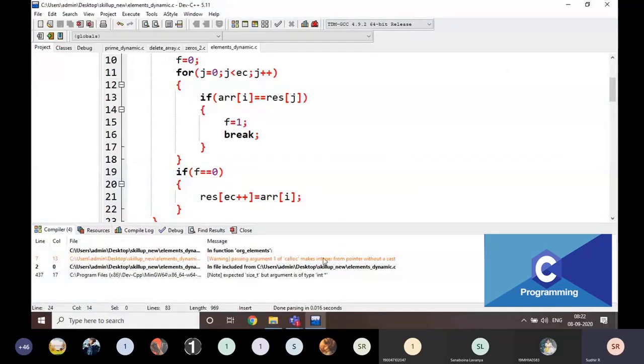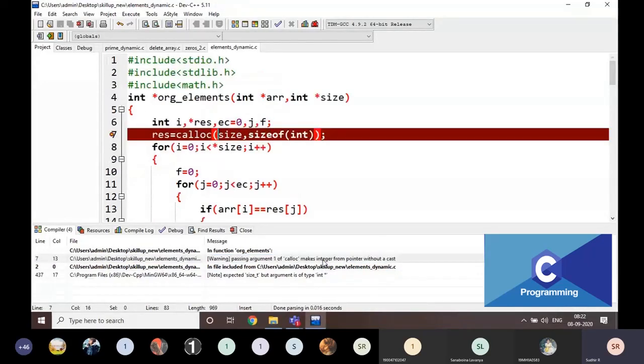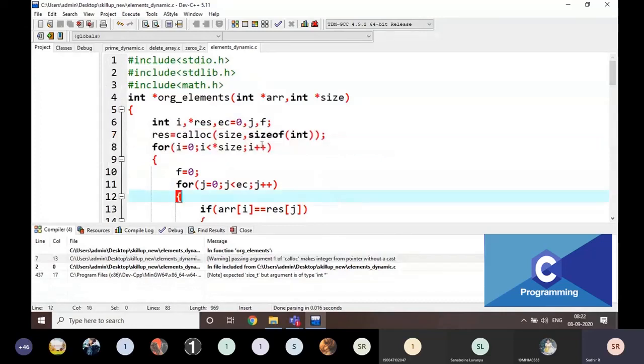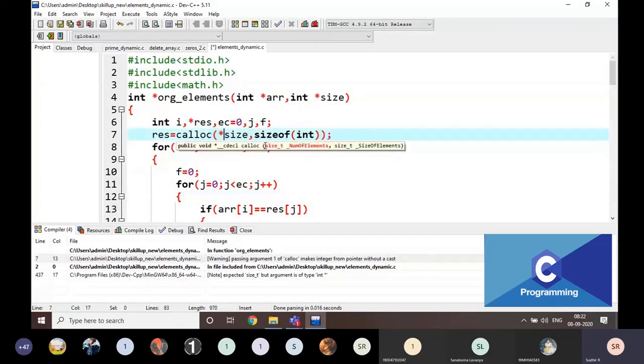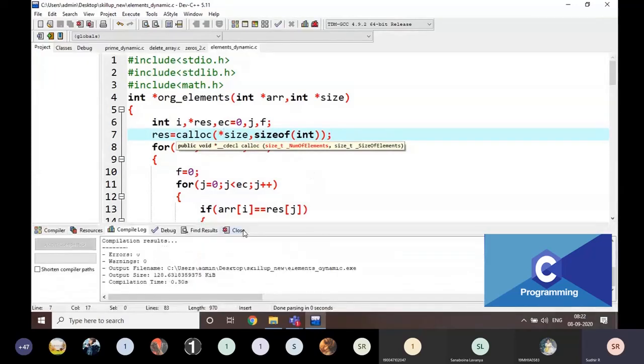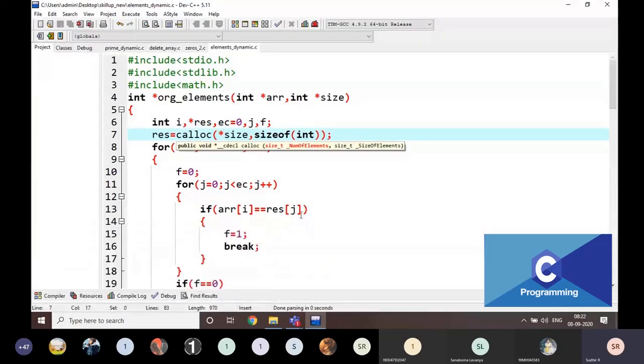Passing an argument. Okay, this is not size, this is star size. There are no errors now.